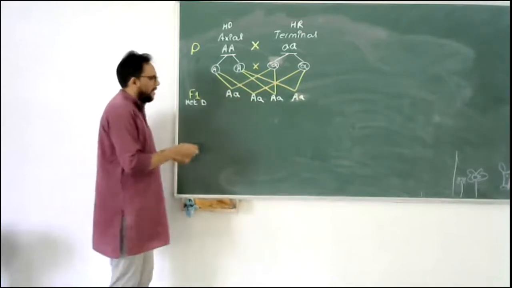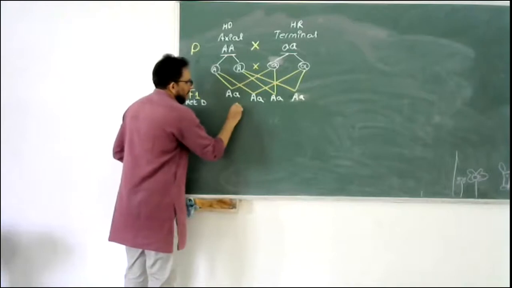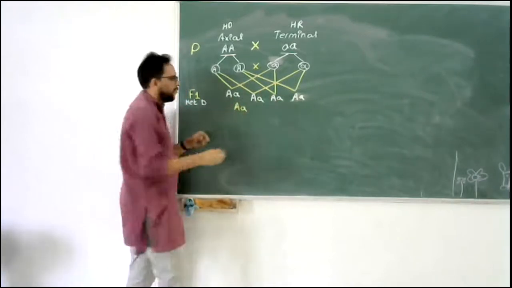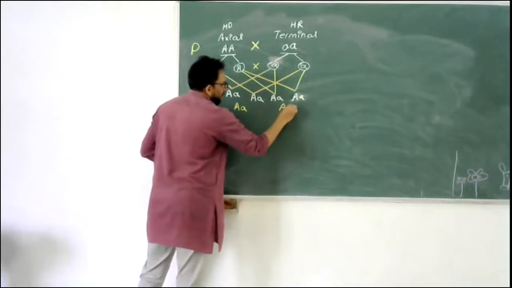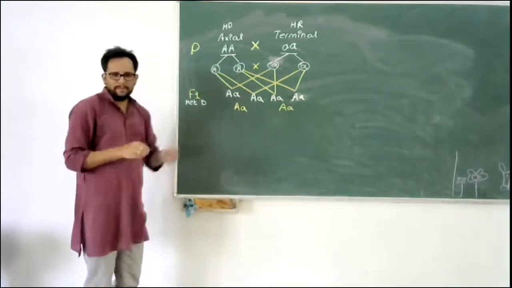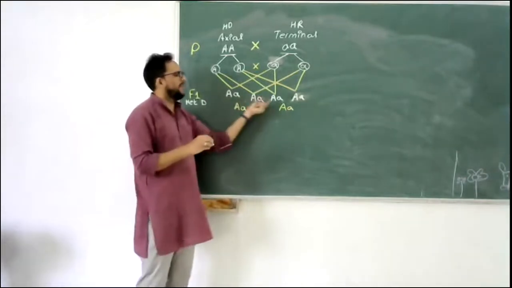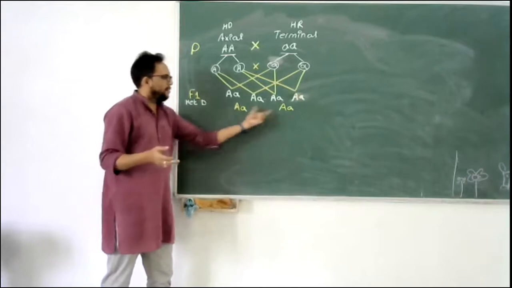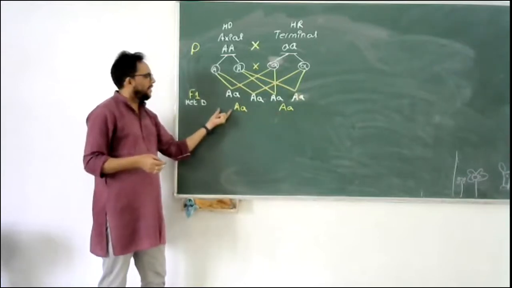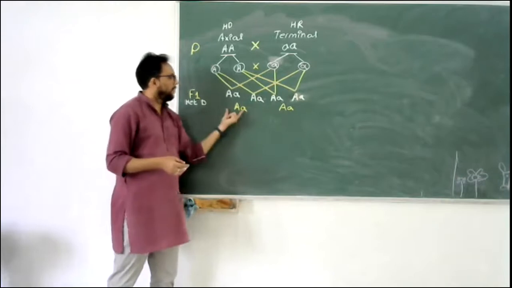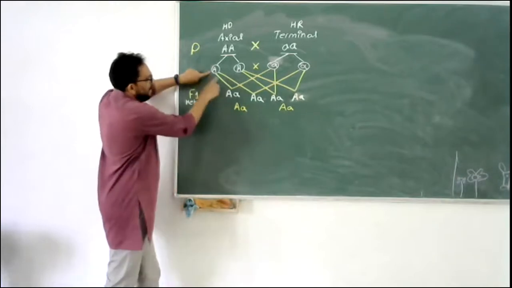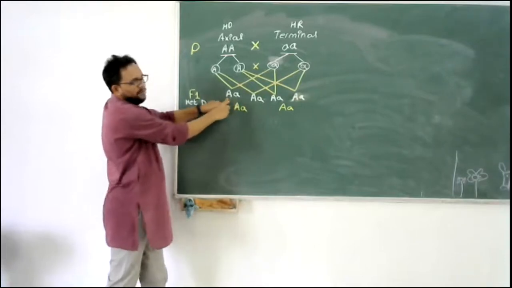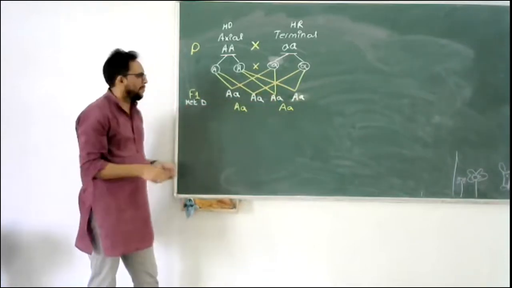So let's assume we are taking one individual from this. Out of the 4, we can take any, that will still be the same. Let's say we took this. It can be 1 and 2 or 2 and 3 and 3 and 4, any random one you take. They are the same, and they will have again 25. Sorry, now this will be fused together. So 25 of these, 25 of these, it makes 50 plus capital A small a. So that is the possible combination.